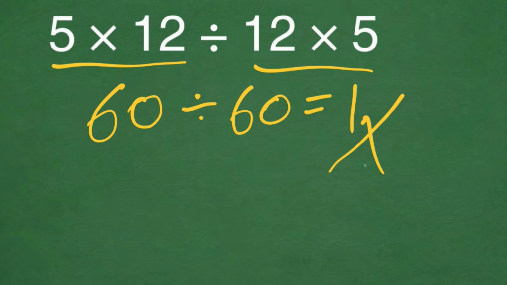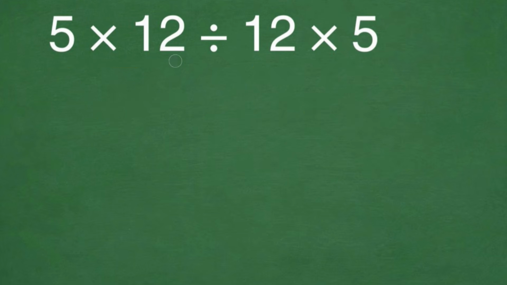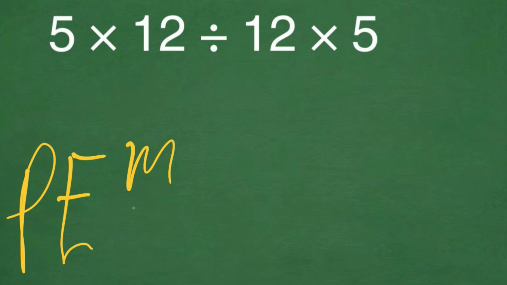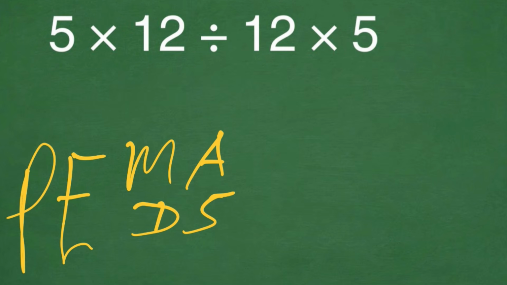But this answer is not correct because according to the order of operation, PEMDAS, which I will write here. According to the rule PEMDAS, P stands for parenthesis, E stands for exponent, M and D stand for multiplication and division, A and S stand for addition or subtraction. According to this rule, the first thing to solve is parenthesis, and then exponent, and then multiplication or division, and